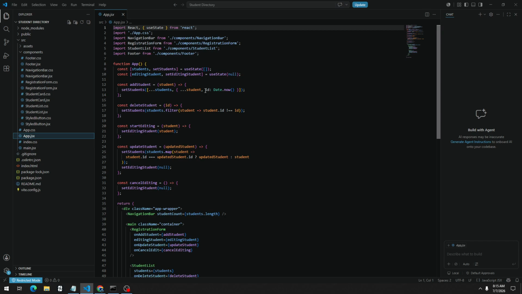app.jsx. This line is to import React, and this one is to import the app specific style, and this one is to import all components. This is for components, and this function App is the parent of all components, so it is